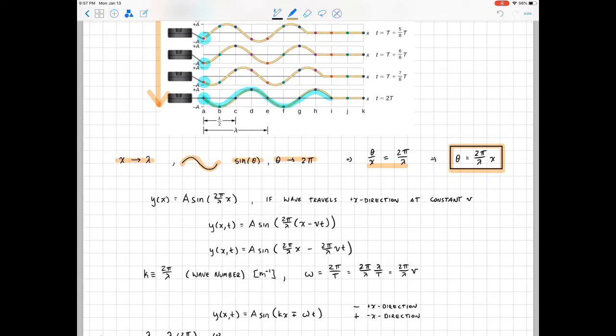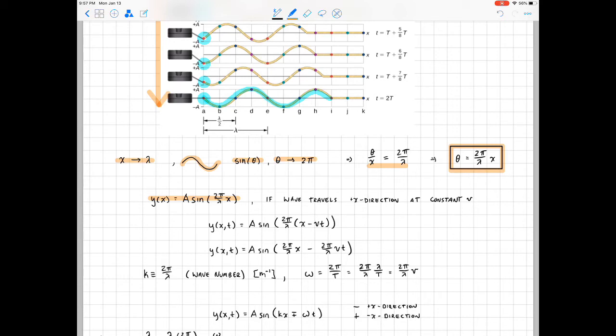And so if we plug in for theta, we can write out a simple function, just the sine function. Out in front of the sine function is the amplitude, right? That'll tell us the maximum displacement. And then instead of theta, I'm plugging in 2 pi over lambda times x. Now, of course,